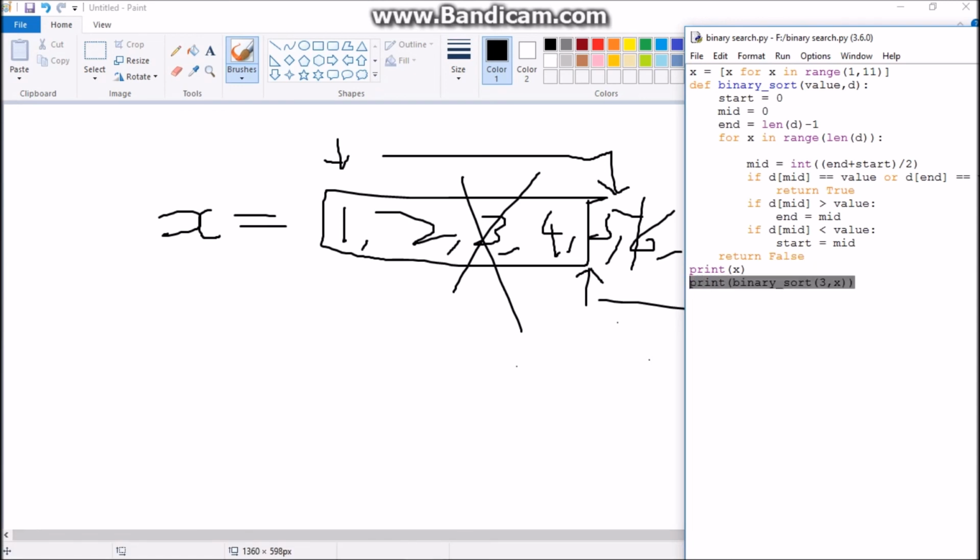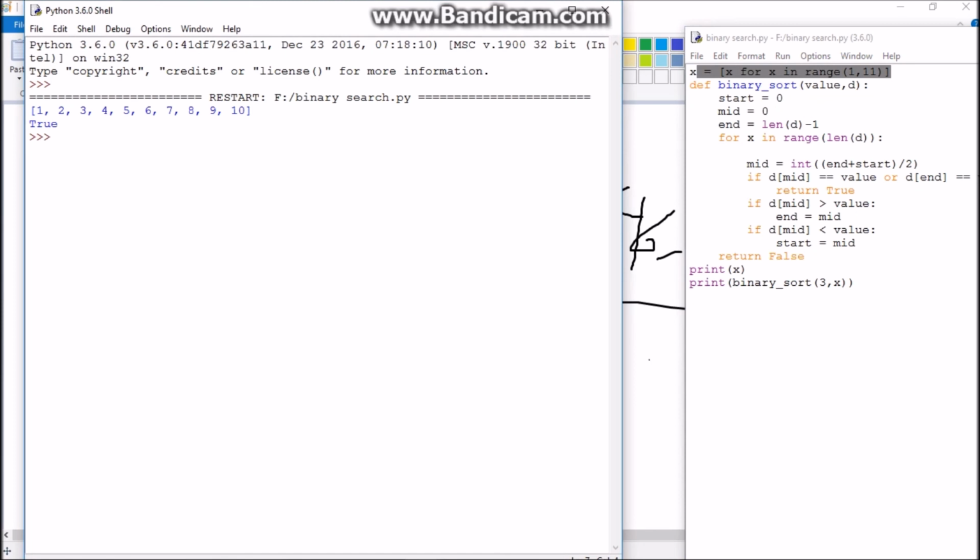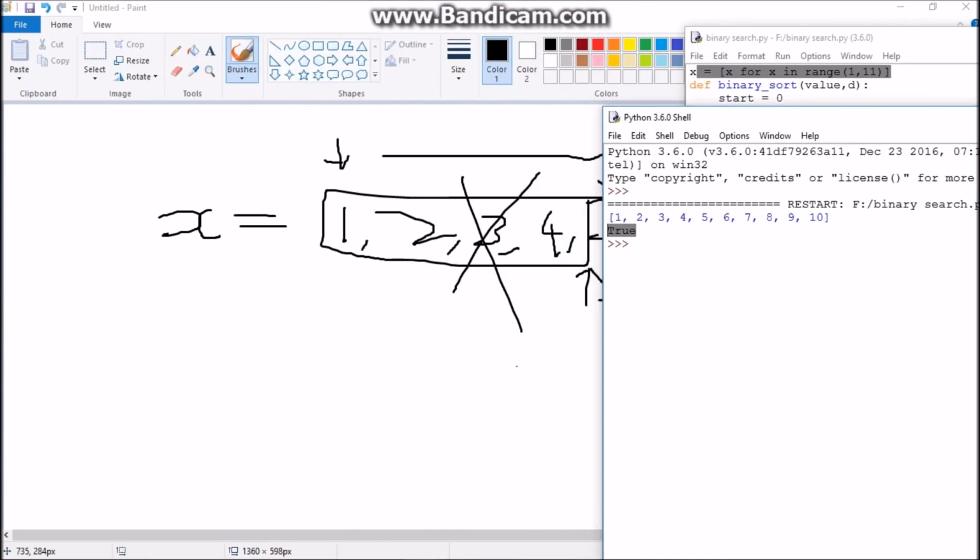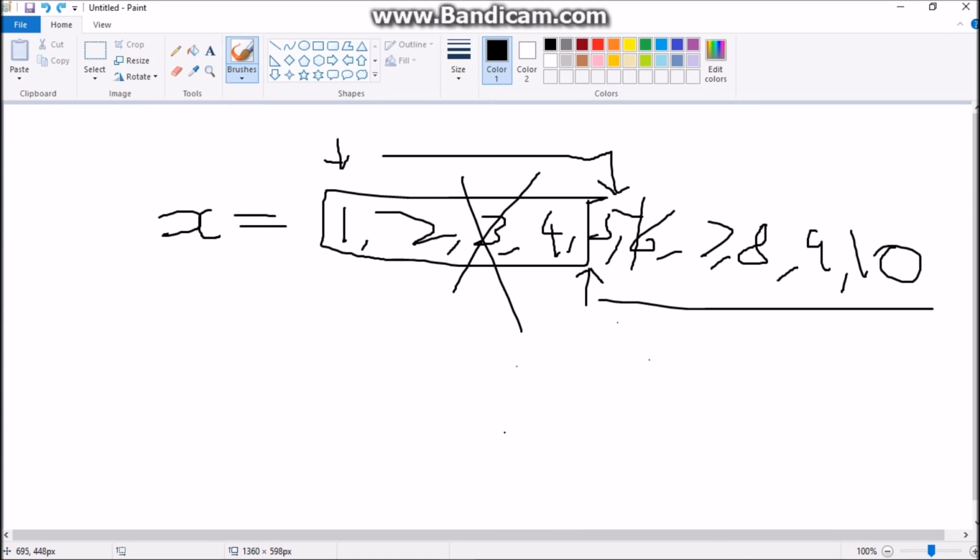So let's have a look to see if this works. We're going to call the function here. We're going to put in 3, we're going to put x, which is our list, and let's run this. So as you can see, 3 is within that list, and we're giving true. Yes, 3 is within this list. So what it's doing here,